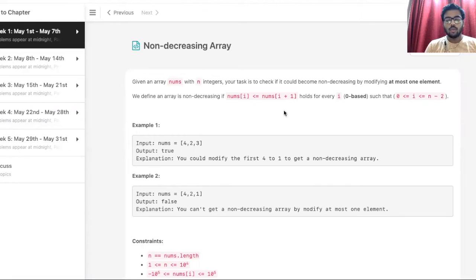Hi guys, so today we'll be solving this problem called non-decreasing array. It's the fourth day May LeetCode challenge. Let's solve it. Given an array nums with n integers, your task is to check if it could become non-decreasing